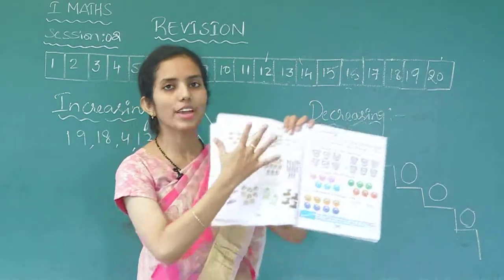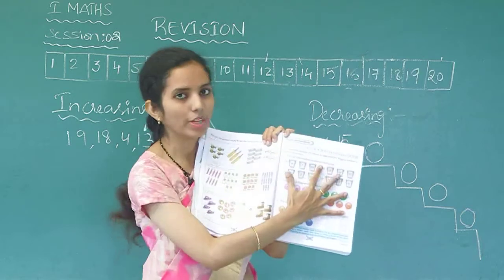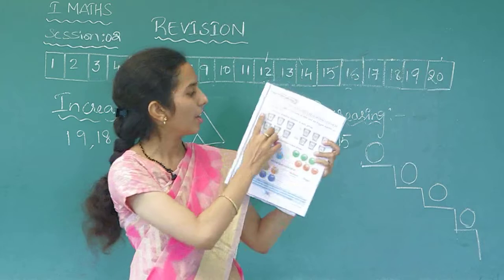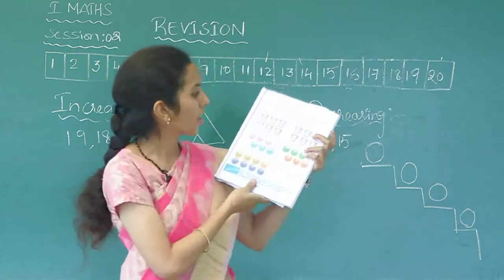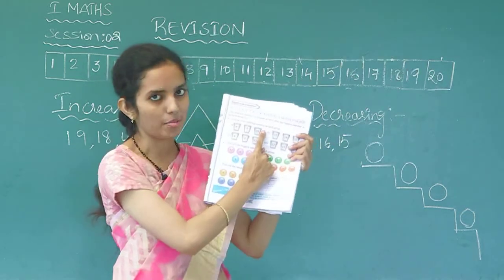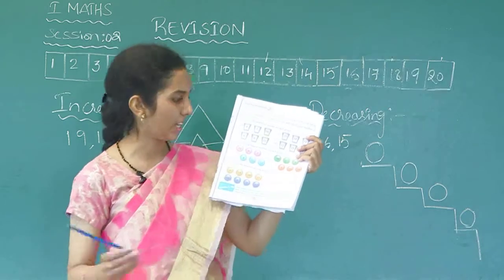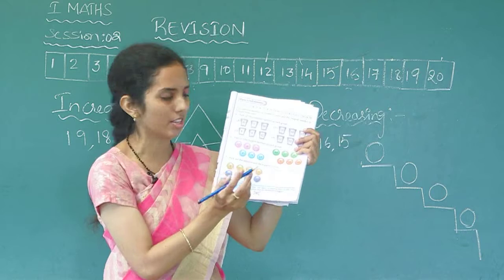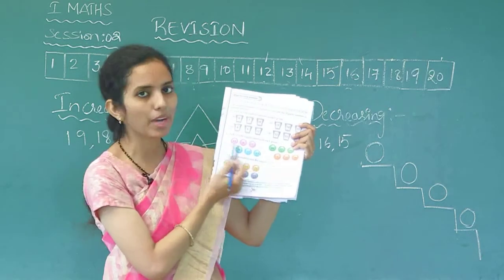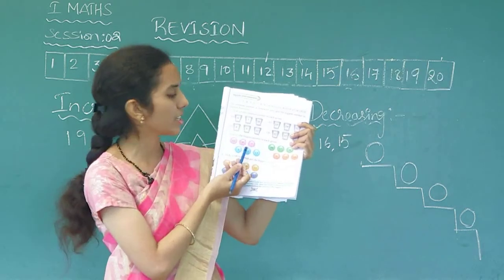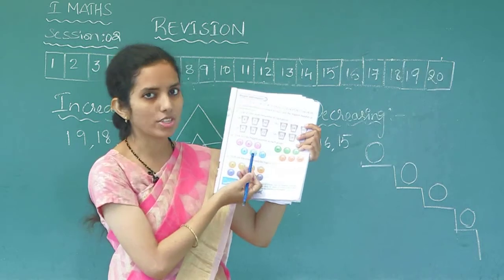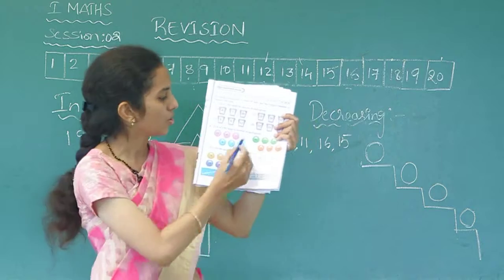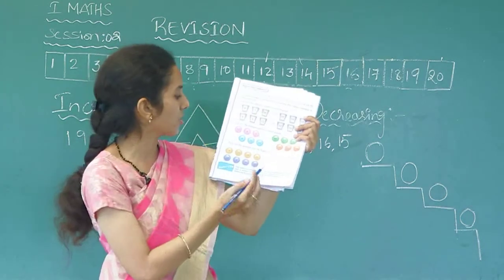Now children, we have completed this, and coming to this page, this is also very simple. We are given numbers in the buckets and we have to tick the smallest number, which you can do very easily. And here in the balls, we have to tick the biggest number among the same color balls. Okay, 12, 6, 7, same color balls are there. So which is the biggest? 12. So you just tick it. So remaining examples are also same.